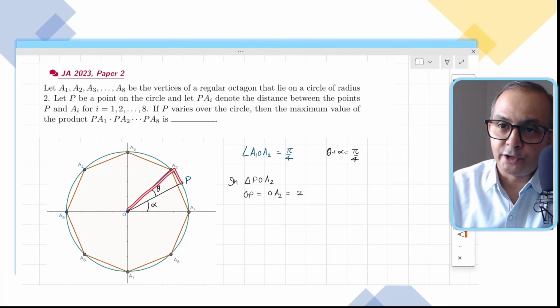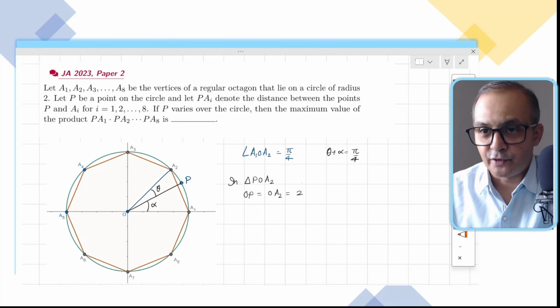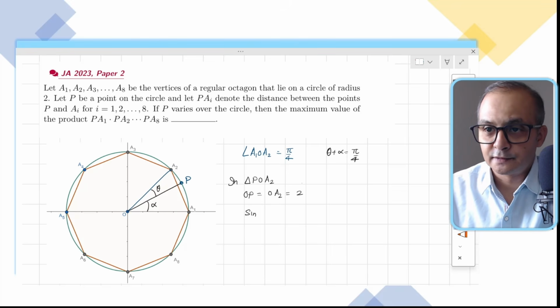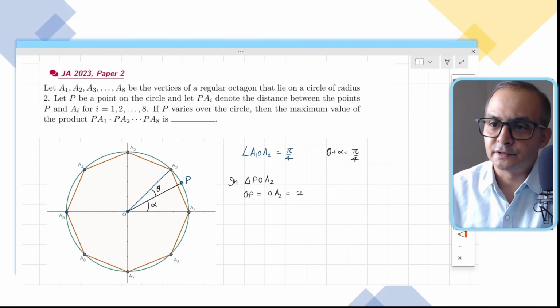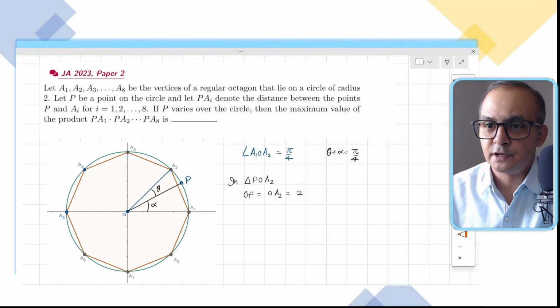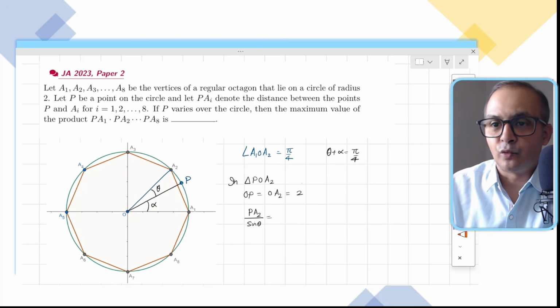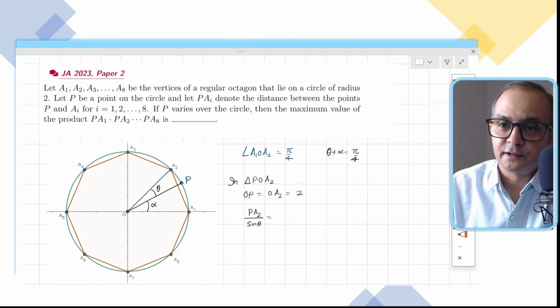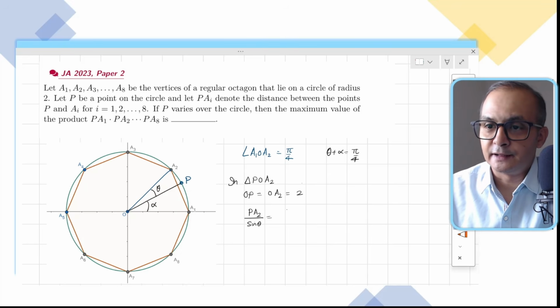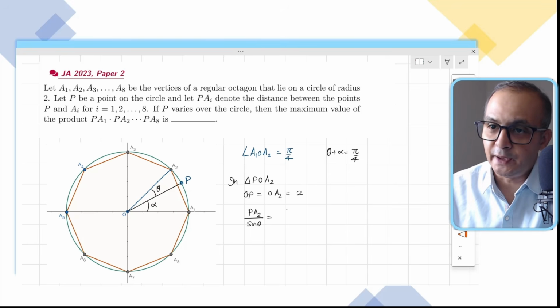Complete OA2P. So I can write side over sine of the opposite angle: PA2 divided by sine theta, and I'm using one of these angles. Which angle? Let me call it the OP length, divided by angle